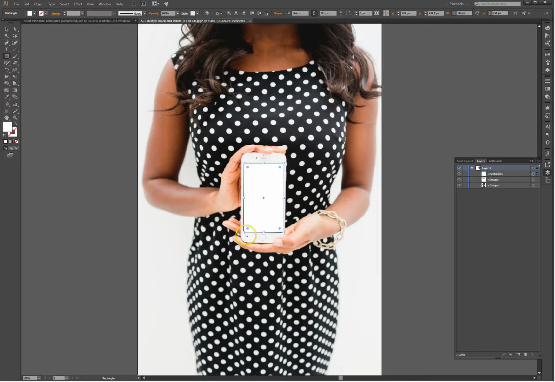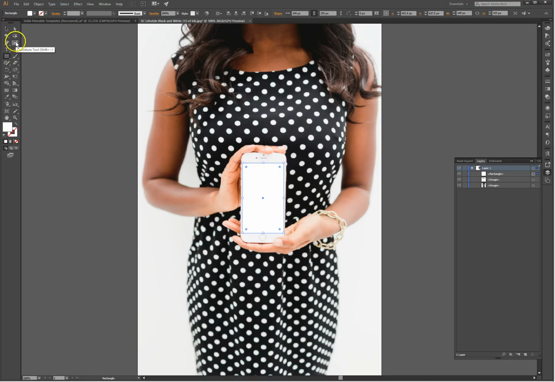Okay, cool. So you can see now that the phone is not perfectly straight, so I'm just going to fudge it a little bit and make my rectangle a little bit bigger. And when it zooms back out, you really won't be able to tell. You can also do this, if you want it to be more perfectly in line with what the phone actually looks like, the shape of the screen, you can come back over here